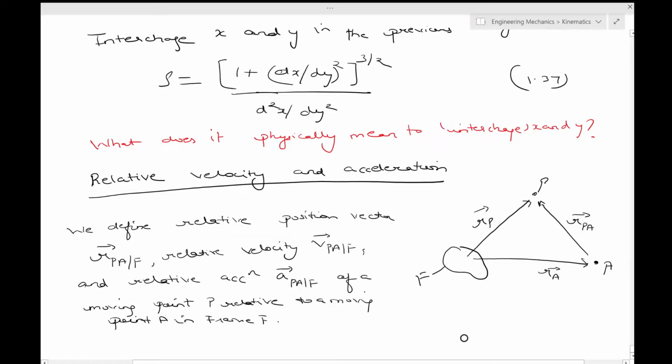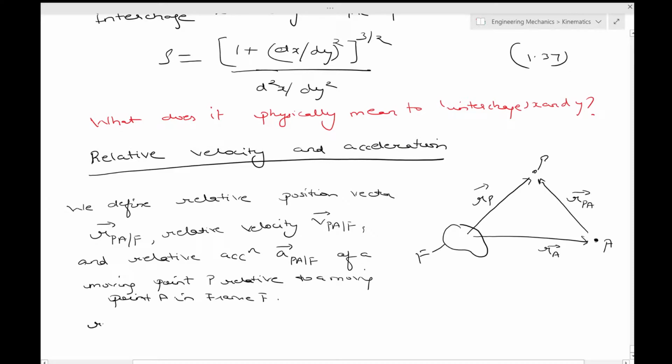So we can define them as RPA of F. Do note over here that all the points, I mean this P and A, are all moving points. Okay, both P and A are moving. So RPA of F is equal to RP of F minus RA of F,